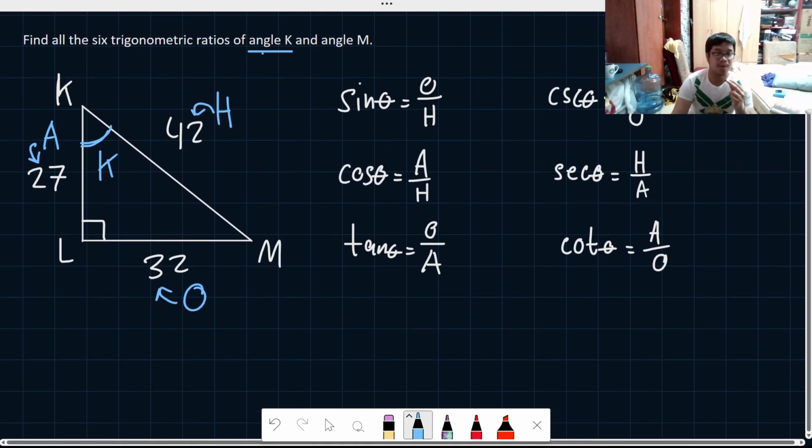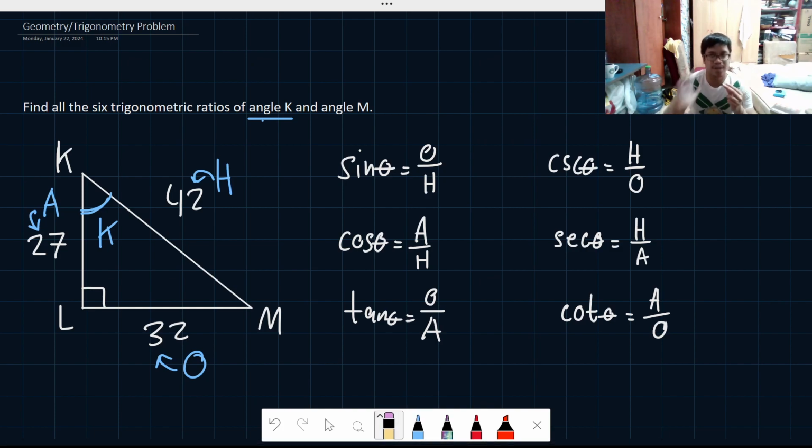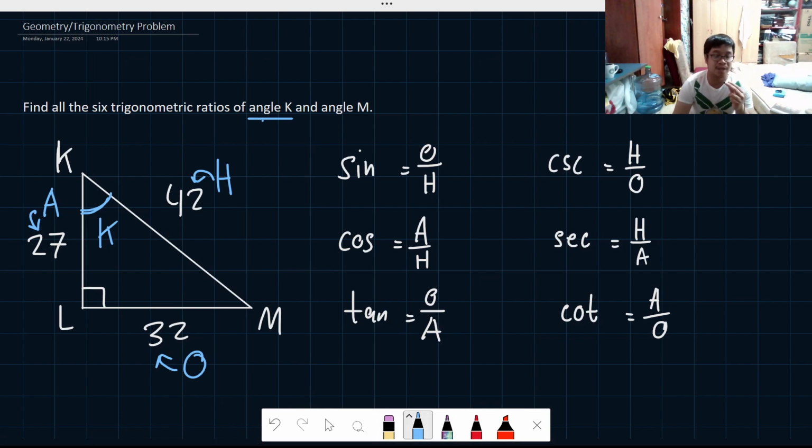That's it. Now, because of that, we can now find the trigonometric ratios for angle K. For angle K only, forgive me. So let me erase the theta here, right? Because the theta here will be represented as letter K since we're looking for angle K, all right? So sine of angle K, cosine of K, tangent of K, all right? So let's find the ratio for each trigonometric function.